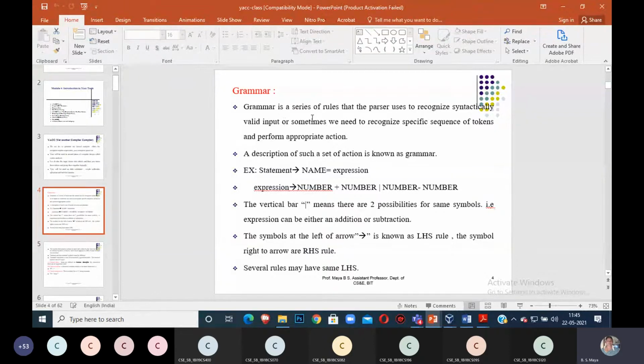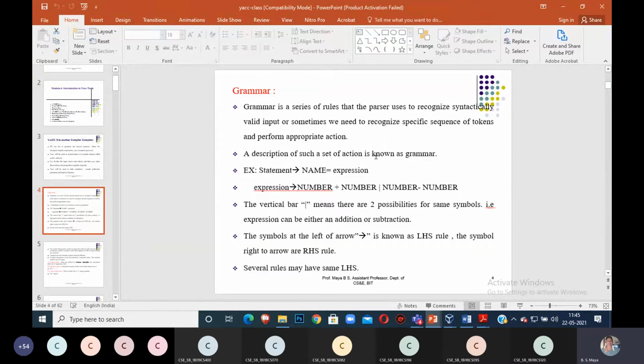The grammar is a series of rules that the parser uses to recognize syntactically valid input, or sometimes we need to recognize a specific sequence of tokens and perform the appropriate action. We have a grammar, a set of rules, a set of series: first line, second line, third line. All those series will be matched against my input.